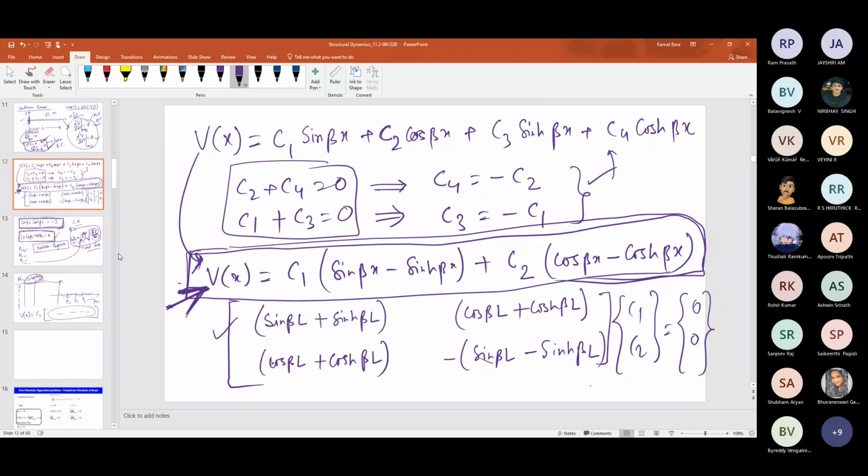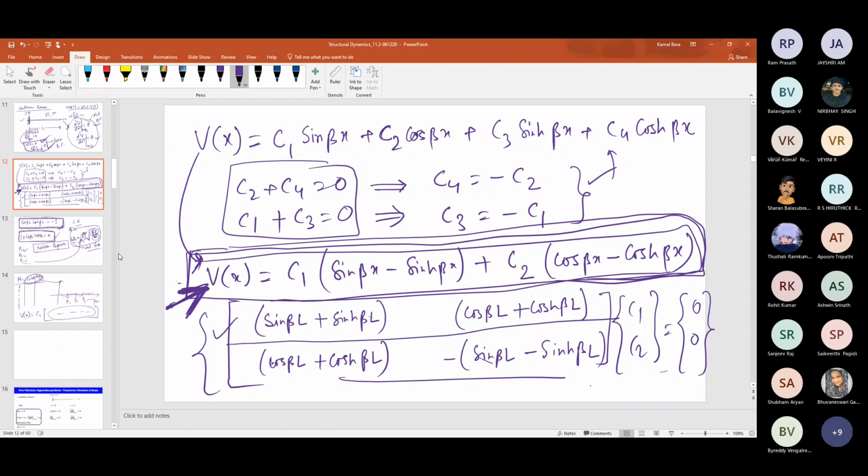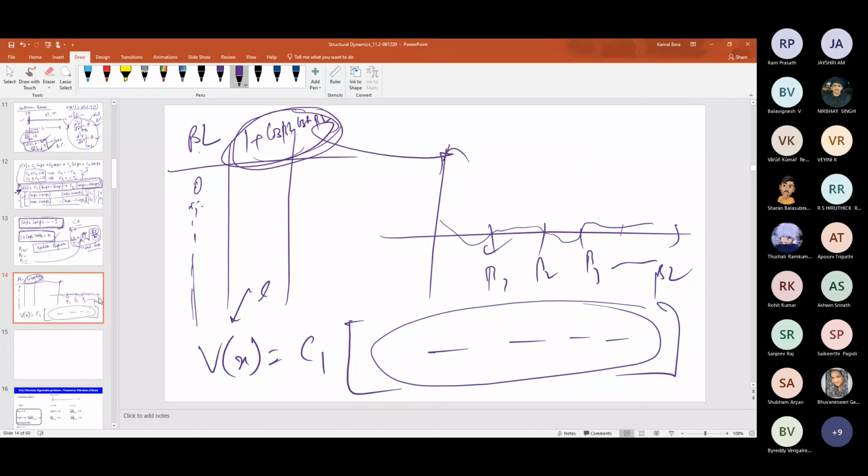Understood my point, or any difficulty? I said you got two equations, right? The first equation is this into C1 plus this into C2 equal to 0. I have just written it in matrix form. From these two equations, we write C2 in terms of C1 or C1 in terms of C2, then put it into the expression for Vx. Say you have obtained C2 in terms of C1. Then finally I can write my eigenfunction or mode shape with C1 common. This is just a constant, and it gives you the eigenfunction or mode shape. You will find a very long expression here.